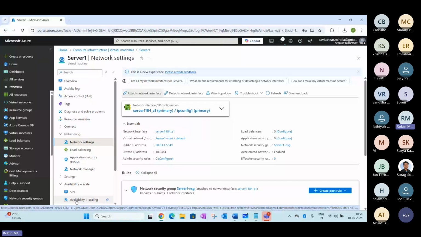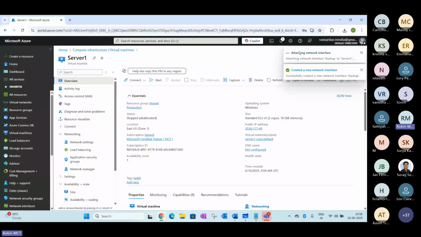Now let me power on the server here. You can see this is still progressing in the notification area, the network interface card. Let's wait for this to finish.